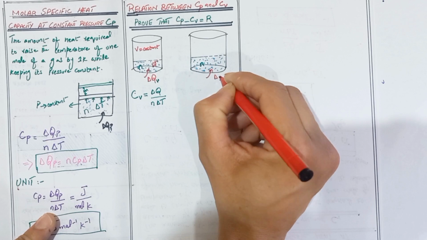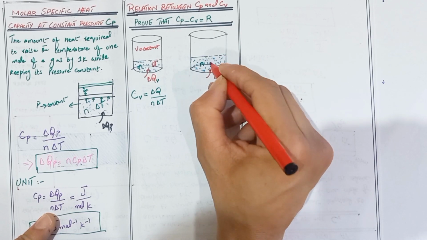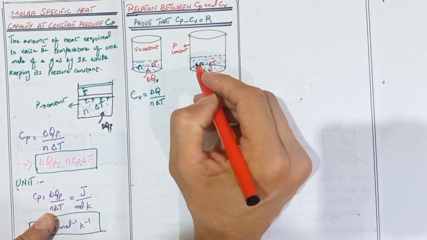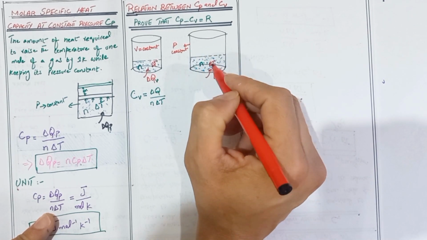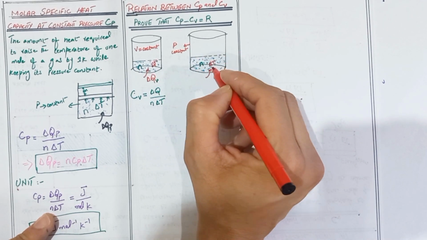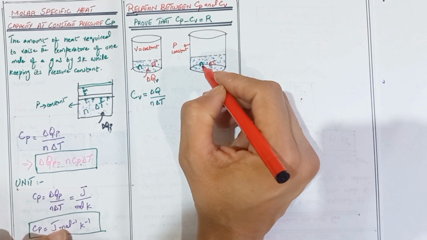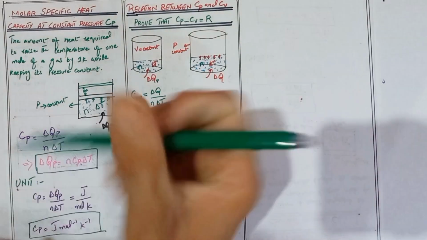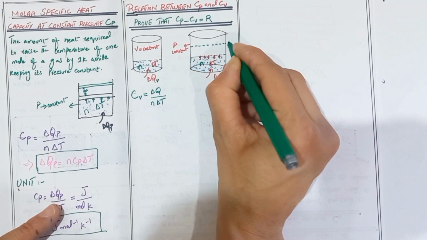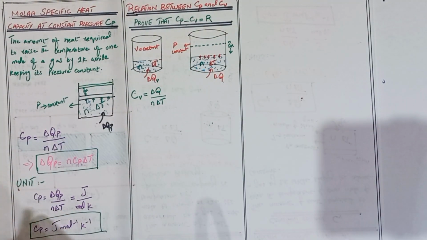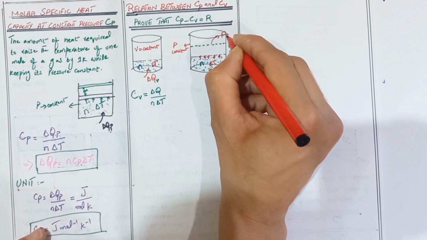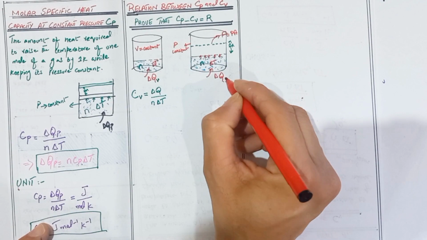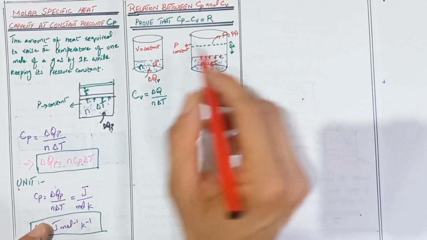Here we also take n moles of an ideal gas. We give it delta Q heat to raise its temperature by delta T while keeping the pressure constant. When we keep the pressure constant and delta Q heat is given to n moles of an ideal gas, it increases its volume because the gas exerts pressure on the piston. Due to this, the piston is moved upward by a distance delta x. So the force we apply is equal to pressure into area. In this case, the heat is represented by delta QP because pressure is constant.